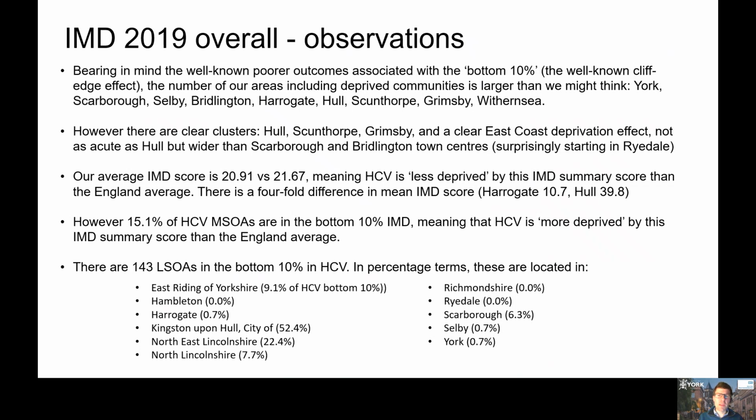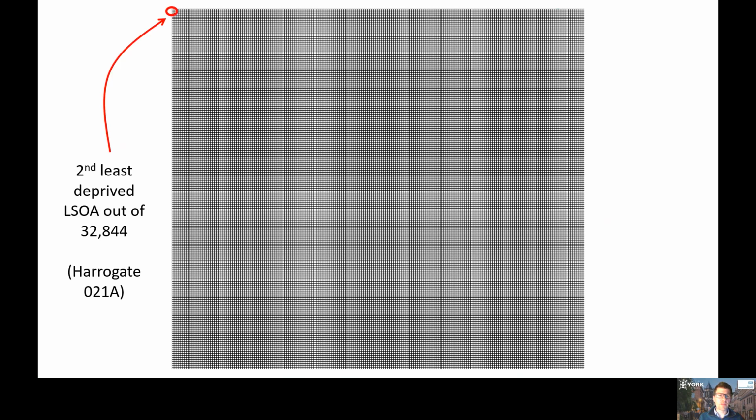Let's think about this visually. What you have here on the slide is a grid made up of around 32,000 blocks. There are 32,000 lower super output areas, small areas within the index of multiple deprivation. And if we just think about the two at the extreme ends within Humber, Coast and Vale, Humber, Coast and Vale has the second least deprived small area out of the 32,000. That's in Harrogate